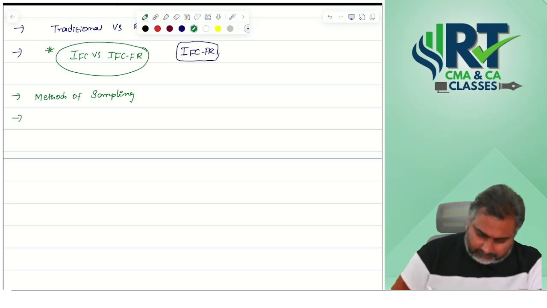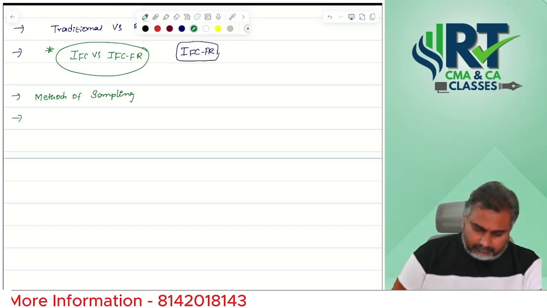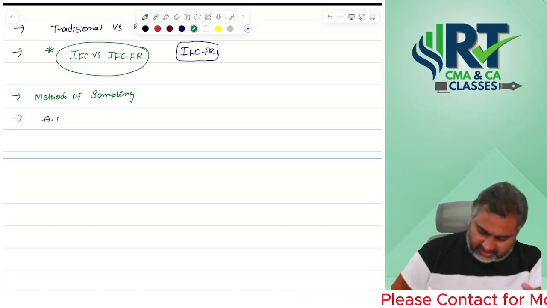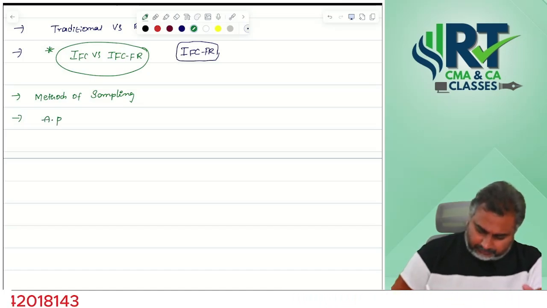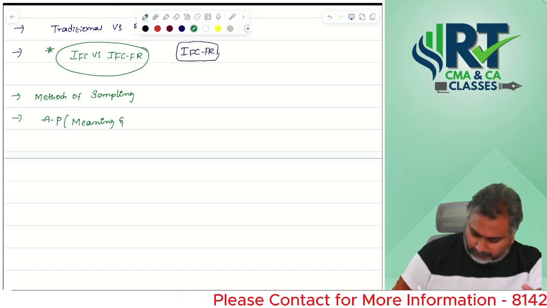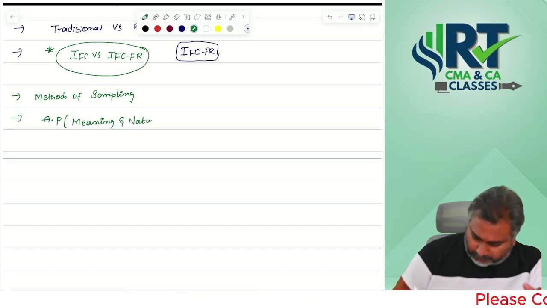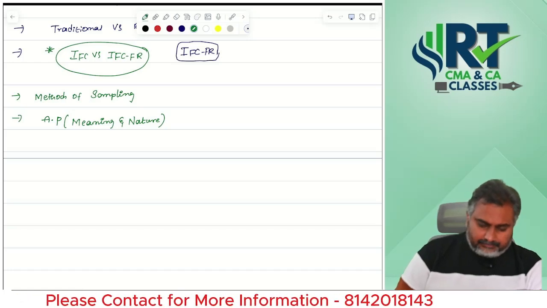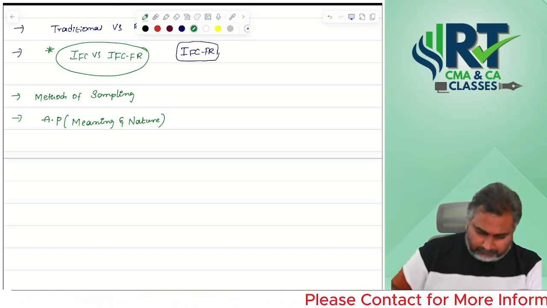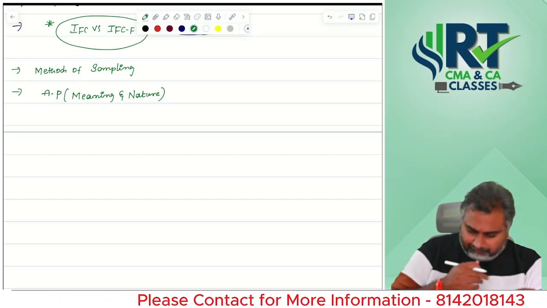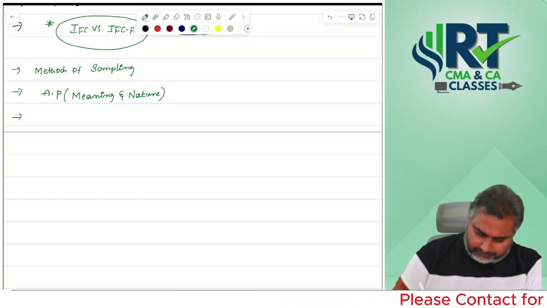Next, analytical procedures. Meaning and nature, that is also another important part. Next, if you want to focus more,